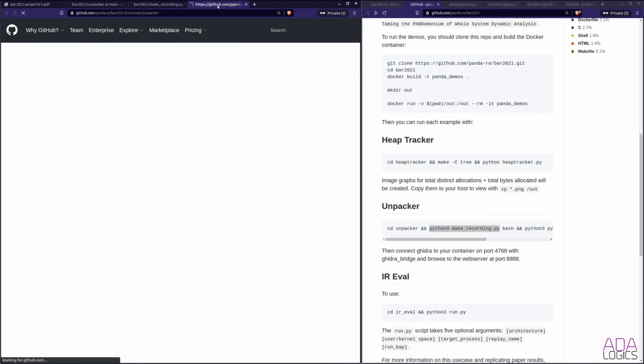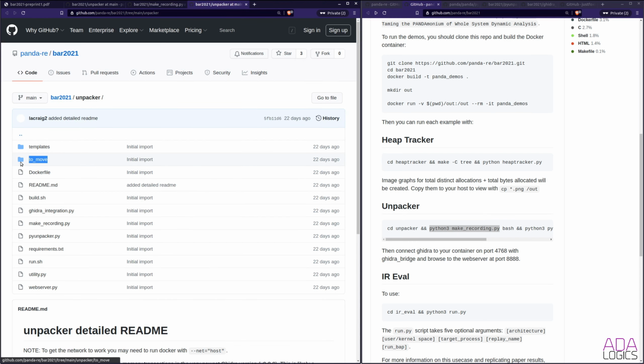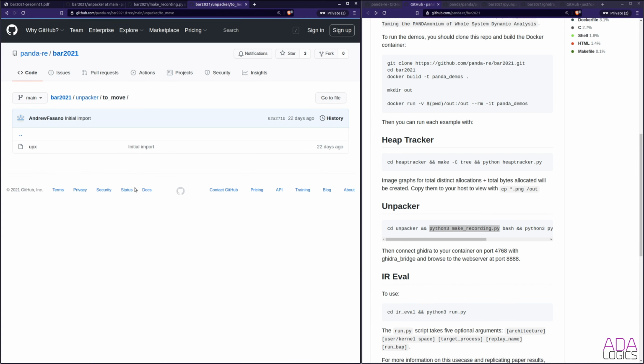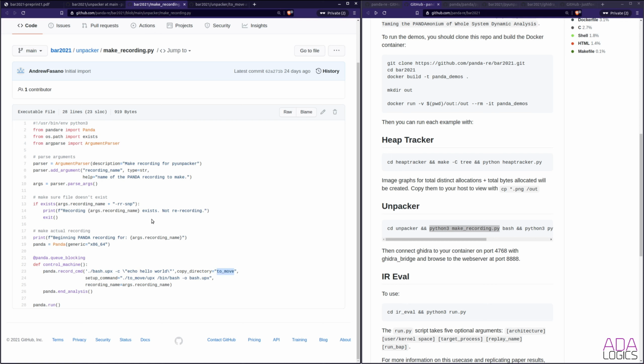And if we just look at what's in the directory, we have the to move folder right here. So we need to run this make recording script from in here, and it will then move this folder from our host system into the guest system. And it also has this parameter right here that is called setup command. And this setup command will not be part of the recording. So this command that exists right here will be run on a